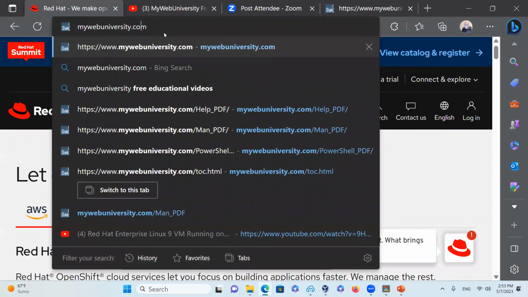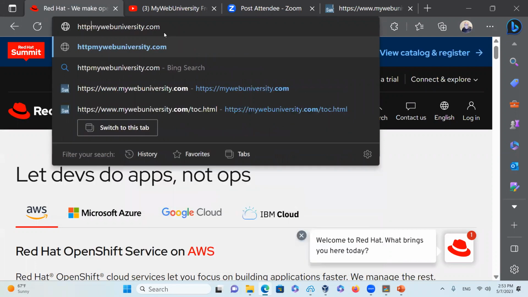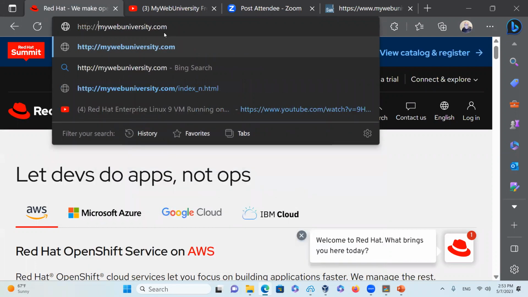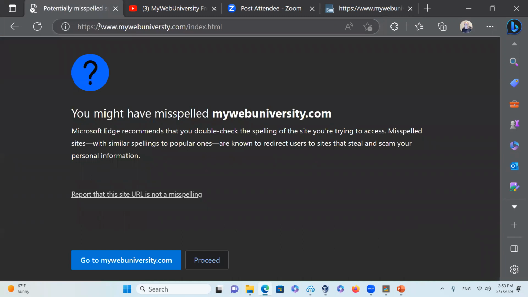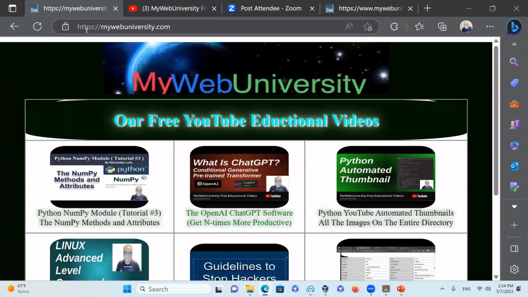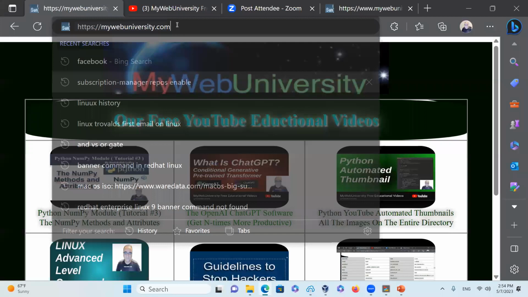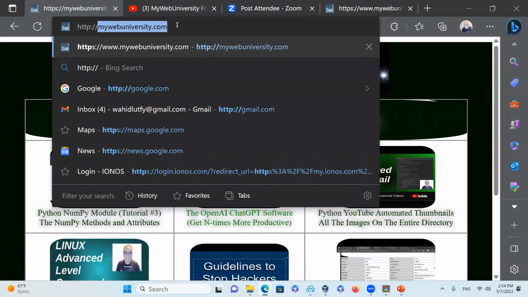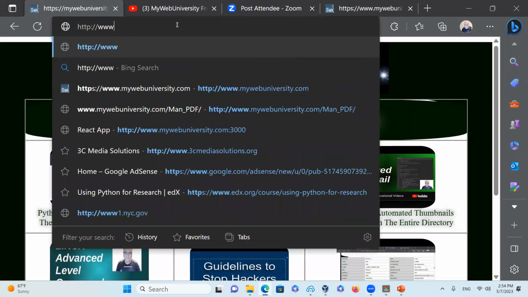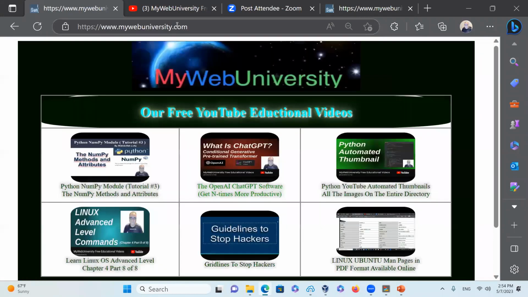MyWebUniversity.com, even if I just do HTTP, because I port forward from port 80 as a webmaster. You have to do that when you're doing the web administration work for your website. Somebody types in HTTP, you have to port forward it to HTTPS. And notice that here it says, do you want to go to www.mywebuniversity, and then I say yes, go ahead, take me there. So if somebody says HTTP www.mywebuniversity, automatically you port forward there